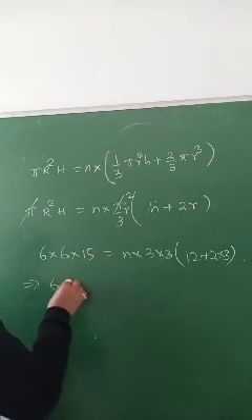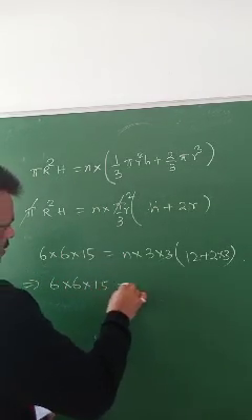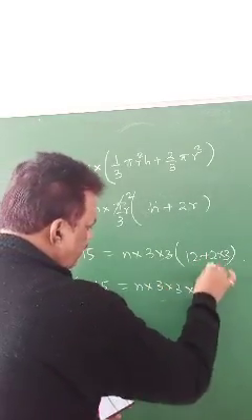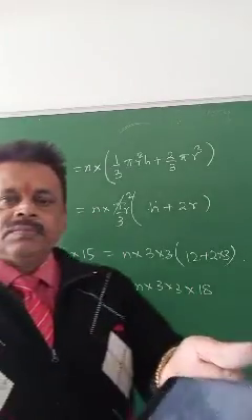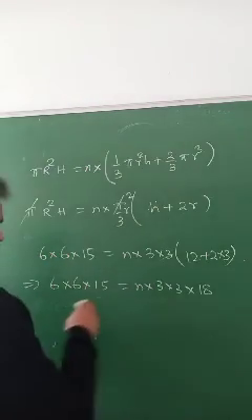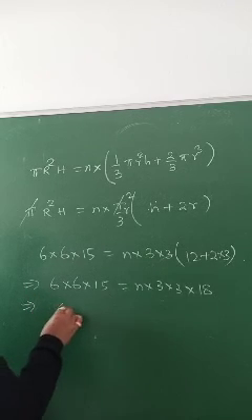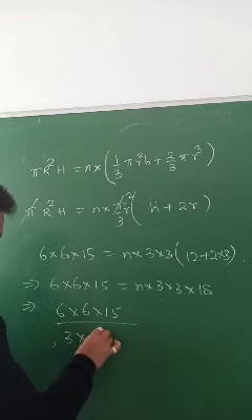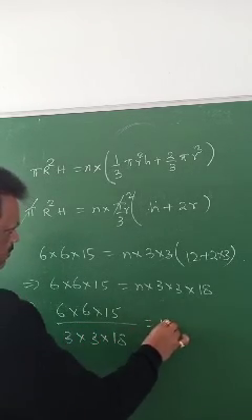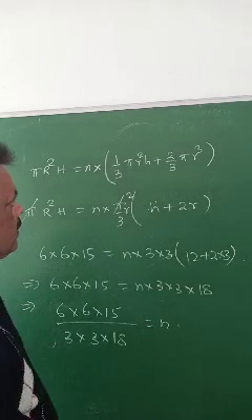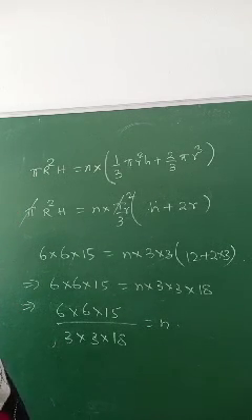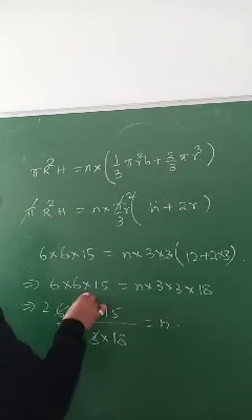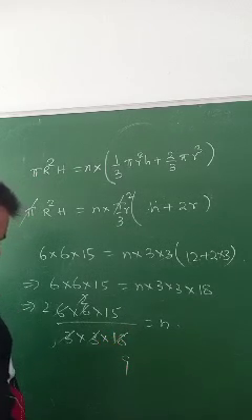So 6 into 6 into 15, n into 3 into 3 into 18. Okay, so bring it down. 6 into 6 into 15 by